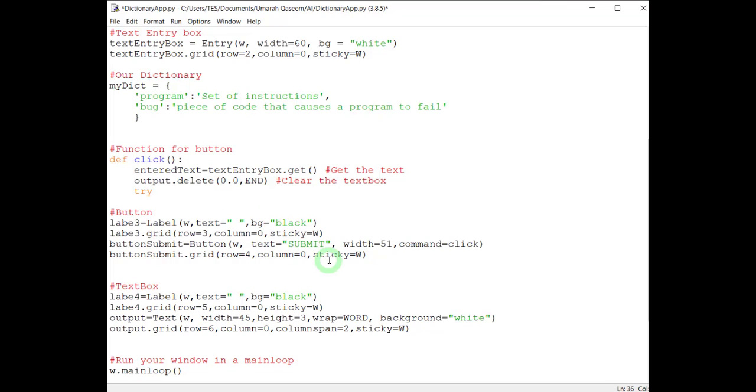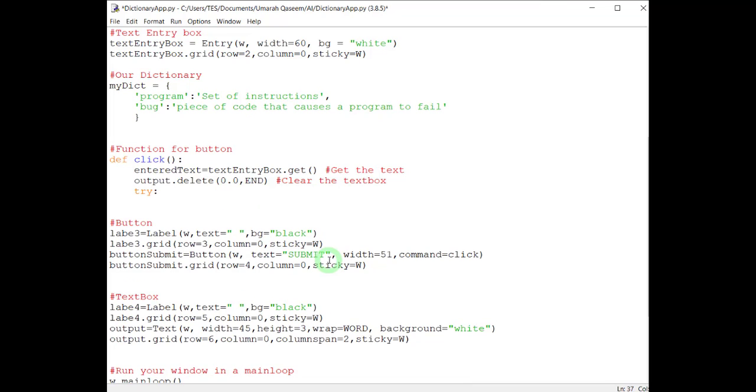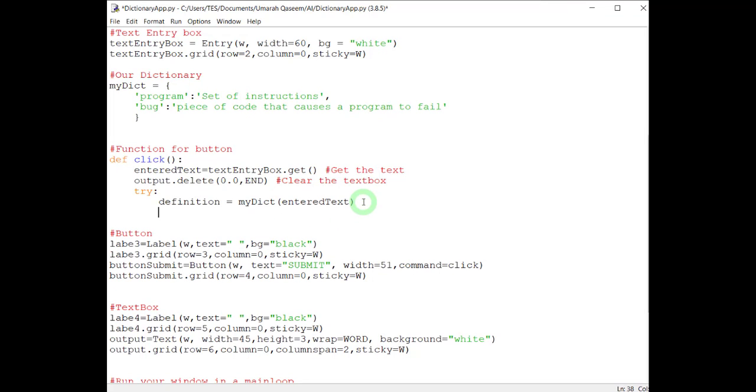And then let's put a try except here. So definition equals to my dictionary, and this is the entered text. This is the text that we have taken from the text entry box. So I'm searching for this key in my dictionary, and whatever the value is, the answer is, that will be put in the variable definition. I will try that, and in except I will put